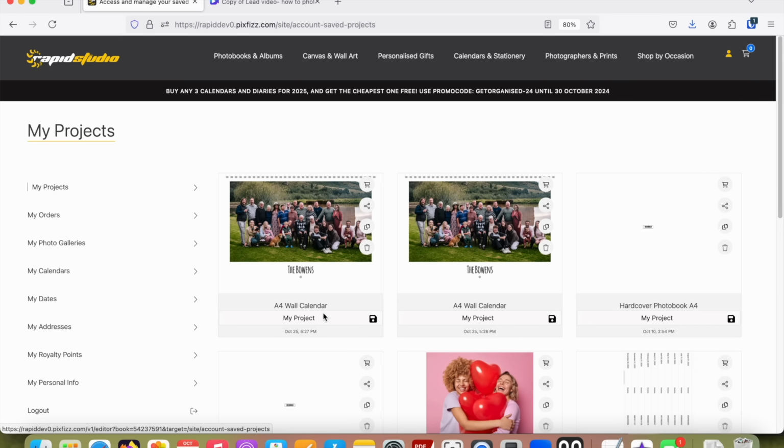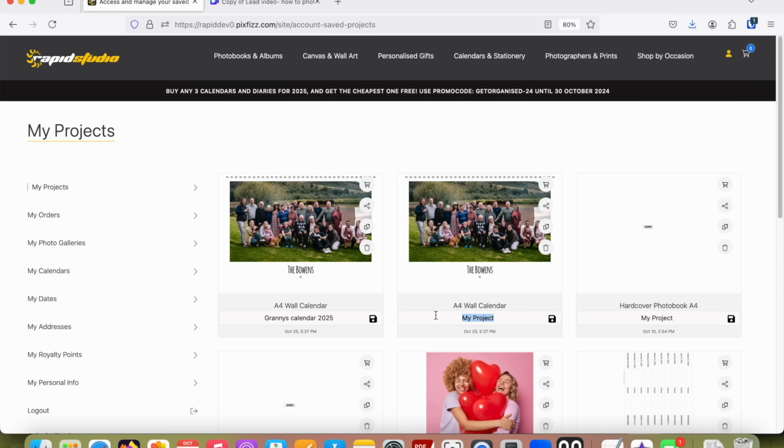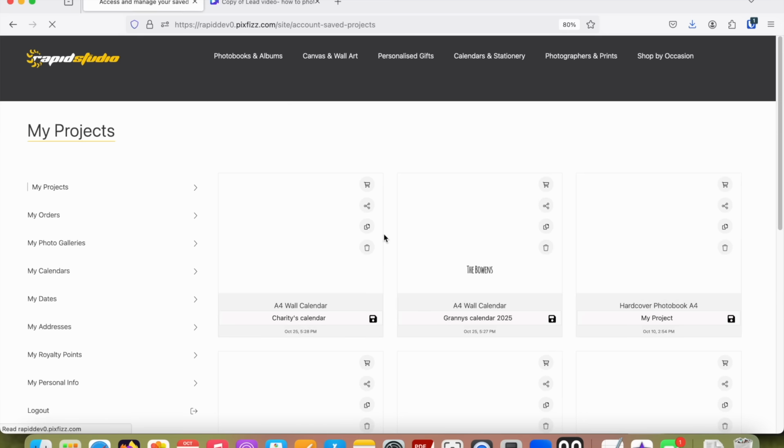And then what becomes important is that you use these little name places so you don't get confused between the projects. So this will be Granny's calendar 2025, and I'll click save. Oops, it doesn't like, well, maybe it's improved, but it usually doesn't like apostrophes. So let's leave those out, or any form of punctuation. And then we'll put this as charities calendar, so that I'm not getting mixed up between family members,